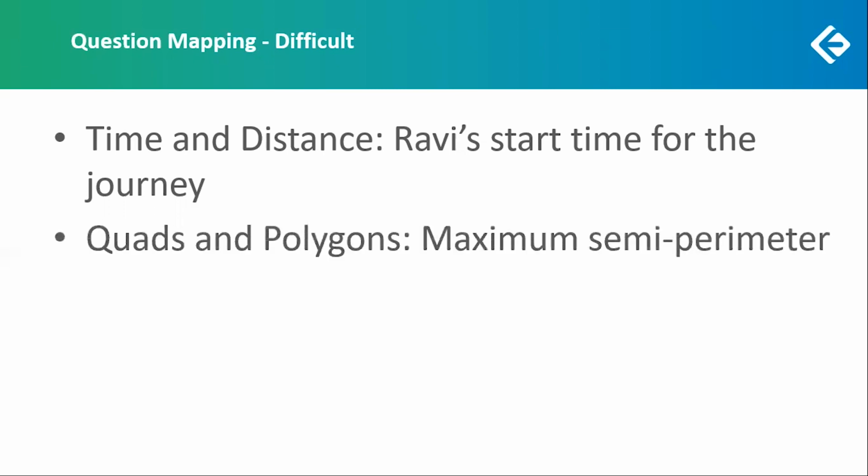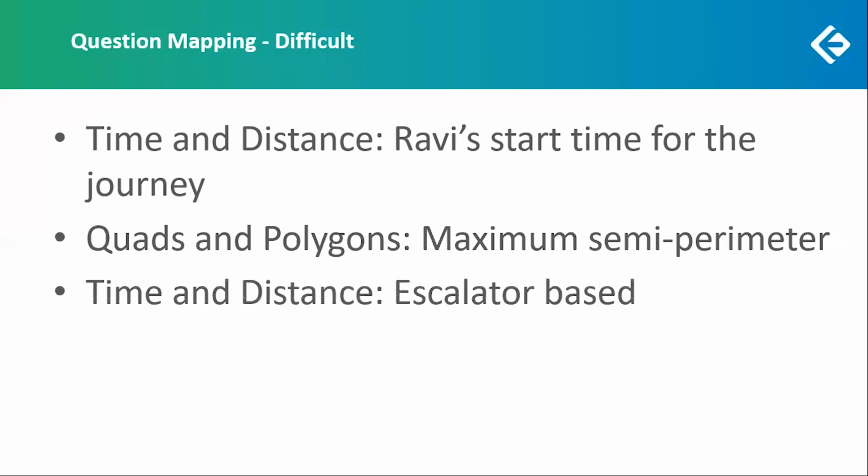The next question was from chords and polygons. This was again a question from a set of two based on chords and polygons, where different polygons were given, starting from triangle, square, octagon as well as circle. Here one had to find out the maximum semi-perimeter. Now the definition of semi-perimeter was different in this question, which is half the perimeter plus the length of the main diagonal. So we had to find out the length of the main diagonal because half the perimeter was equal in all cases as the perimeters were the same. But the main diagonal for triangle, square, octagon as well as circle might have different lengths, and based on that this question can be answered.